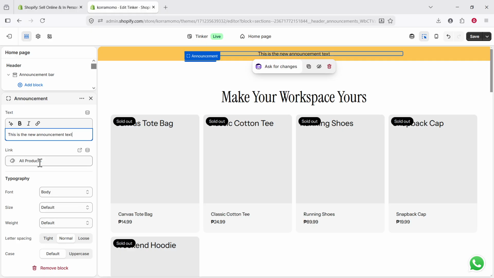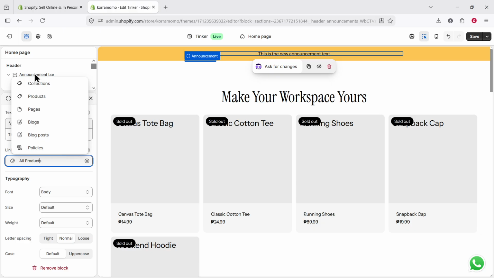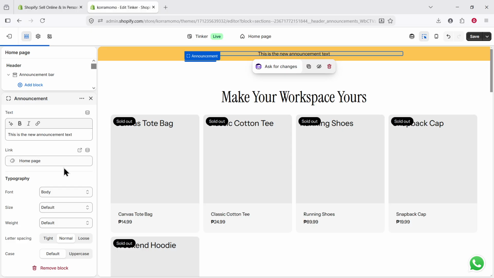Stay in the same block settings and move down to the link field, which appears below the text. Click into the link field. From here, choose the destination you want to connect to the announcement. You can select a page, choose a collection, or paste a URL if that's what your setup uses. Once the link is added, the announcement bar text becomes clickable, and visitors who select it will be taken to